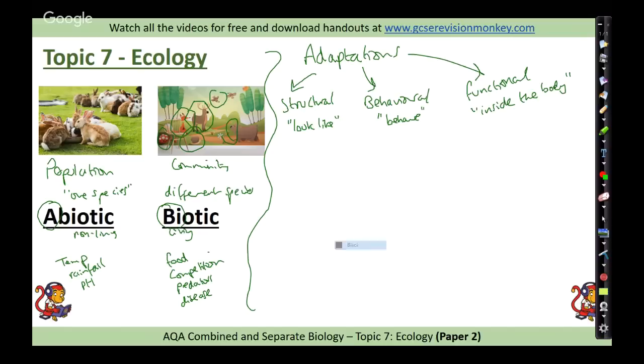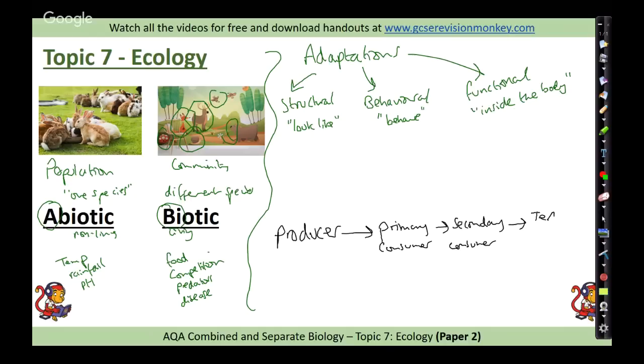Linking in with this ecology topic as well, we go through our food chain. So our food chain always starts with a plant or an algae. This is our producer that's producing its own food by photosynthesis. That is eaten, and the energy goes this way to a primary consumer. Primary consumers are eaten by secondary consumers. And finally, you may well see and have to use the word tertiary consumer, which is the third animal along